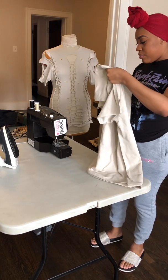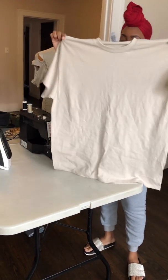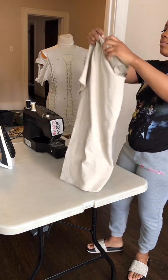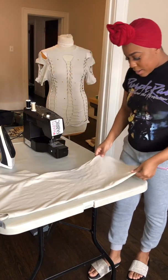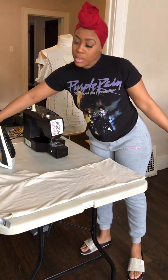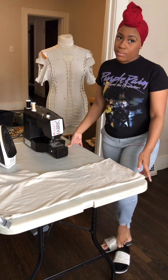So you want to take your t-shirt and fold it in half. Make sure all the lines are lined up correctly. This is a size extra large, so with the twisted tees, because they are cut and done off of